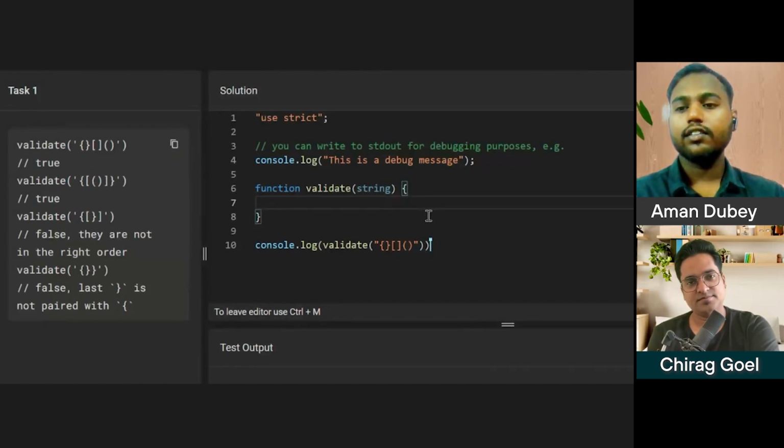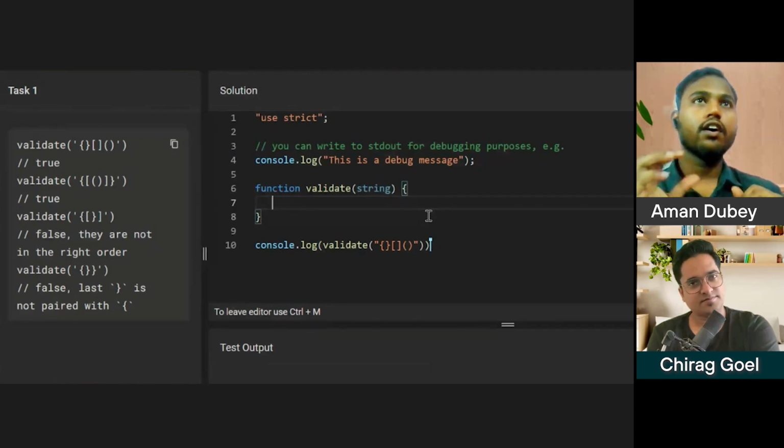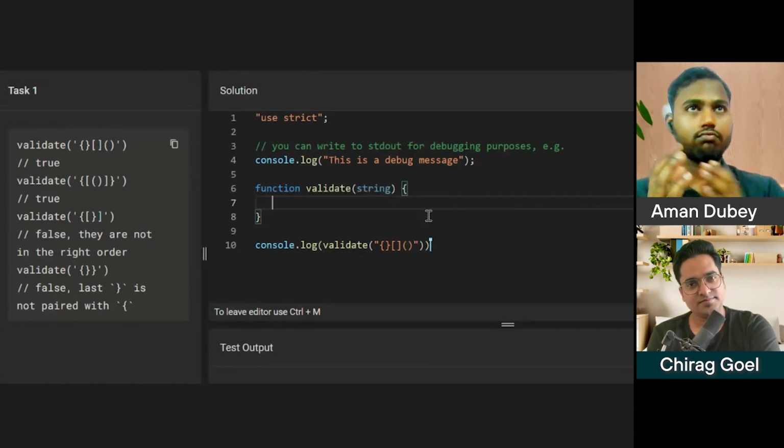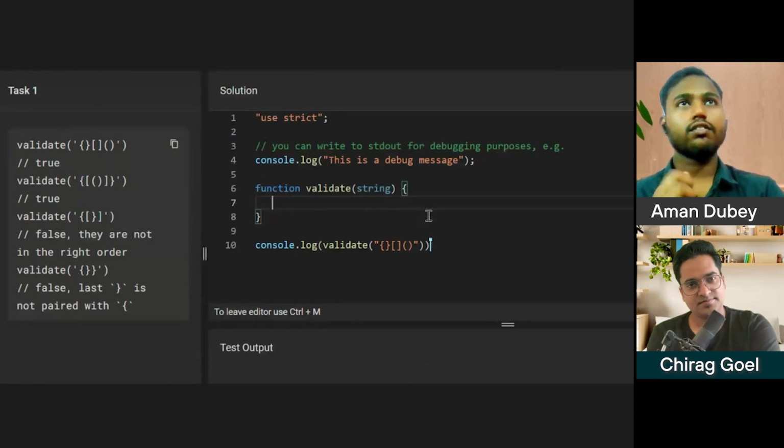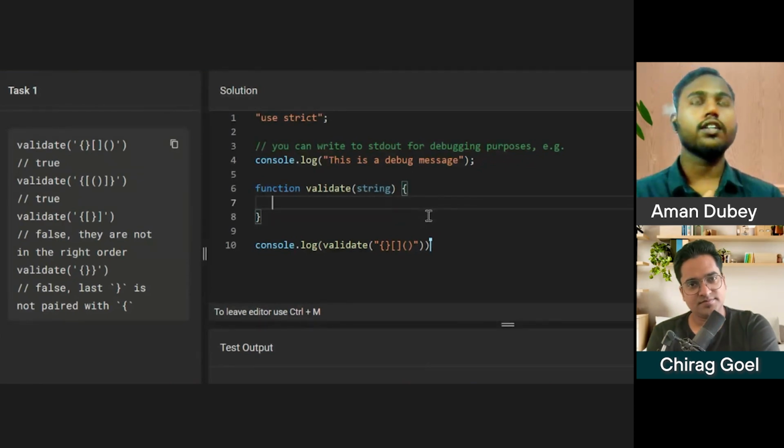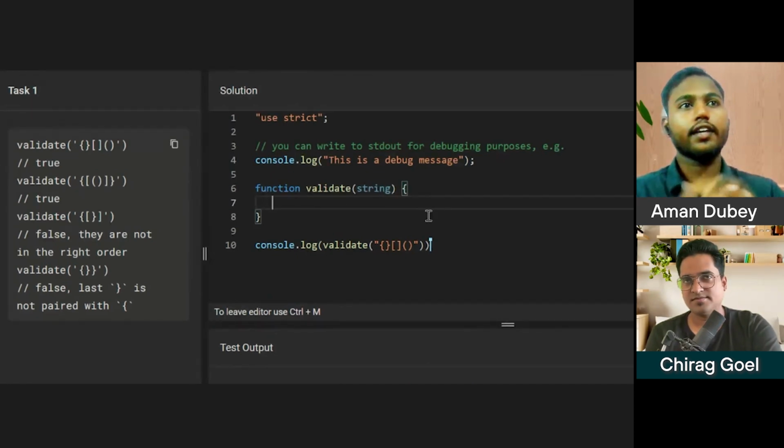And then what I can do is check the first one, whichever symbol it is. If it is an opening one, I will store that in an object, and then I will loop with forEach on the array and see what the next value is.